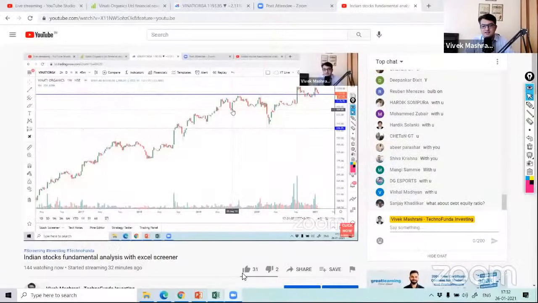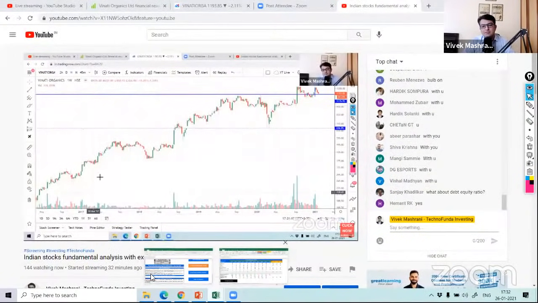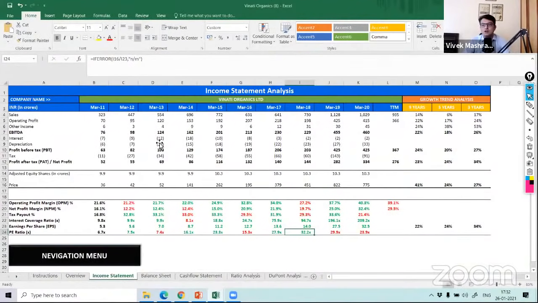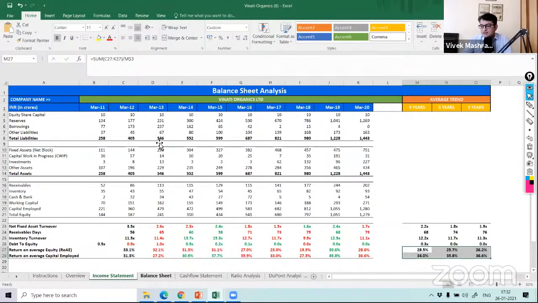And what we'll do now is go to the balance sheet. Okay, so let's jump into the balance sheet to get a deeper insight. So let's go to the balance sheet part, and you will understand what to look at in the balance sheet. So the main thing I first look at is mainly the debt, because if a company is having heavy debt, I generally am wary about it. Okay, and again, this is a personal choice. You can do whatever you are following, but I just want to see what the kind of debt level is.